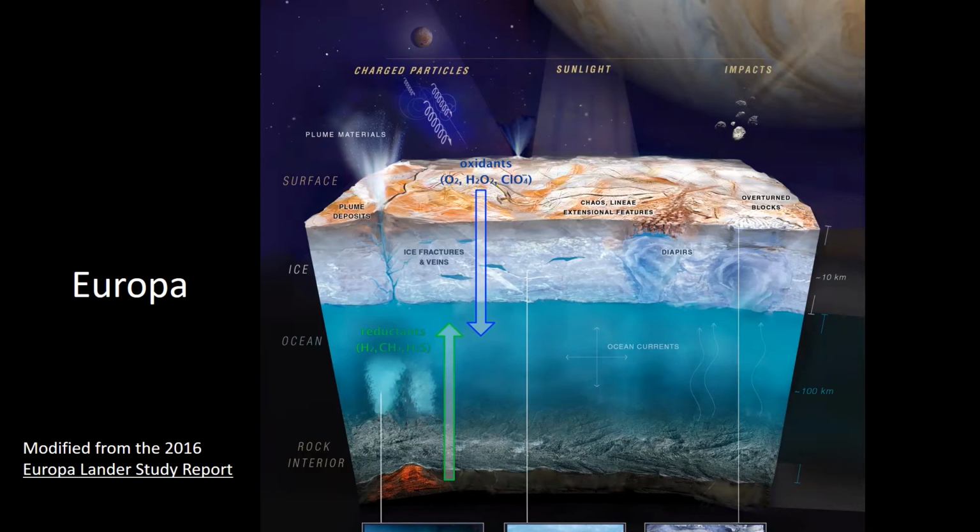Europa's ice is very active. The surface is geologically young, so we think those oxidants make their way into the interior. We think because Europa is heated tidally, it's possible that high temperature hydrothermal systems exist. This was a focus of research for quite a while, but there's also the possibility that low temperature hydrothermal systems